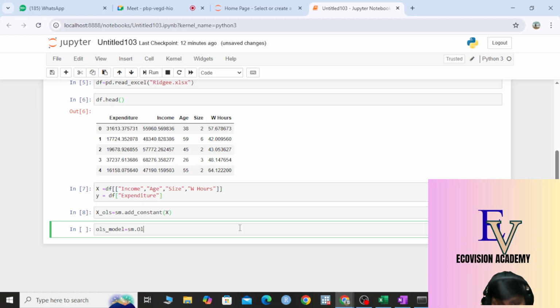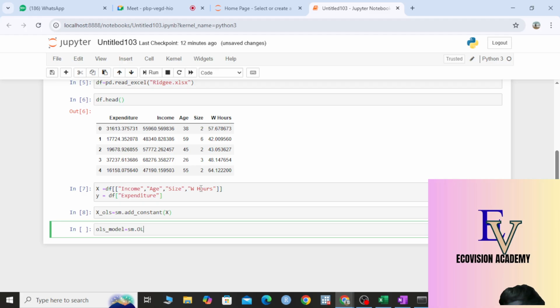You guys are new, that is why I am explaining each and every line of code, but I am repeating several times that writing the code is not a very big thing for you. Do not think that sir has written OLS model and I should also remember it as OLS model. No, you should not do like that. The most important thing is the interpretation of the model, and when to use what kind of model. Okay, sm.ols,